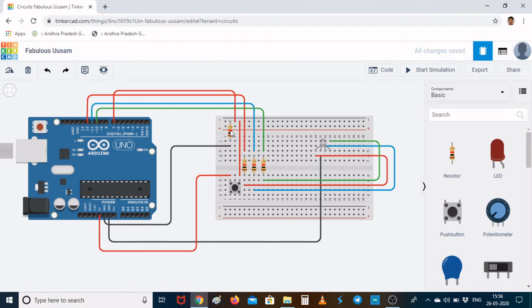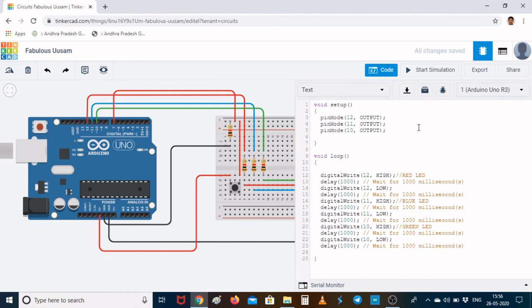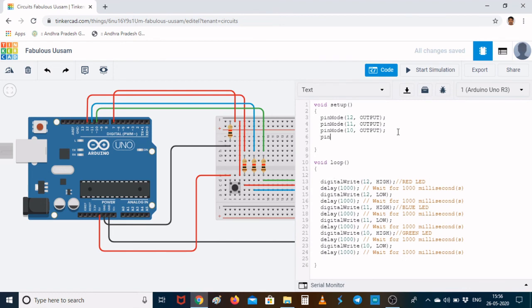Now let us see how we can modify the code in order to have control over the blinking of this LED with this push button. I'm going to the code, and here I will be initializing pin 7 as my input.